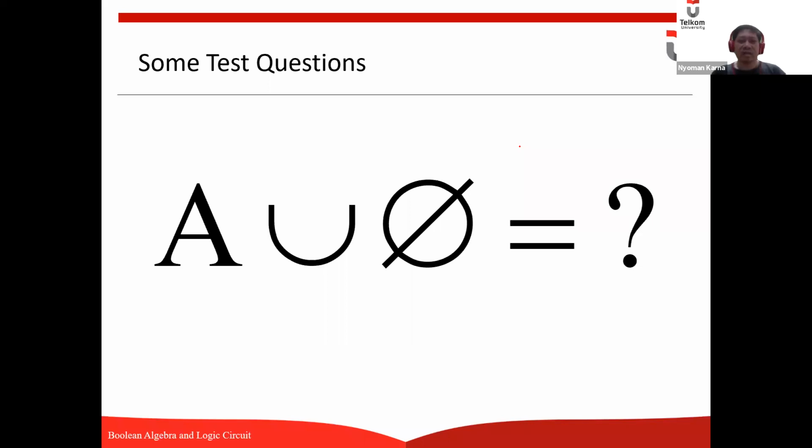Now, this is some test questions. What is A union null? We have set A, and we're going to union this set A with something empty.